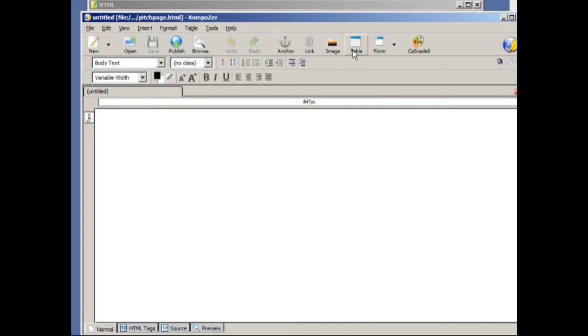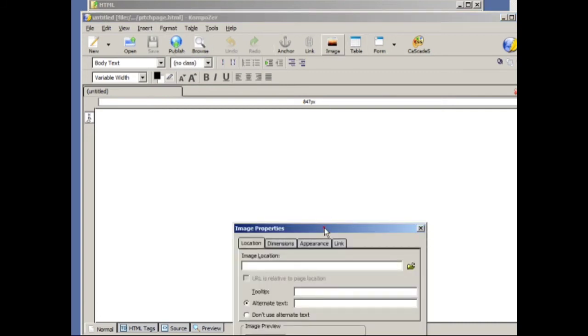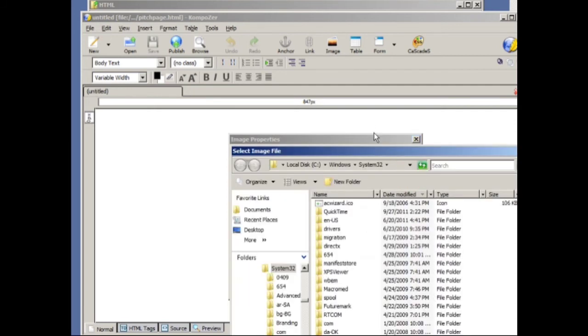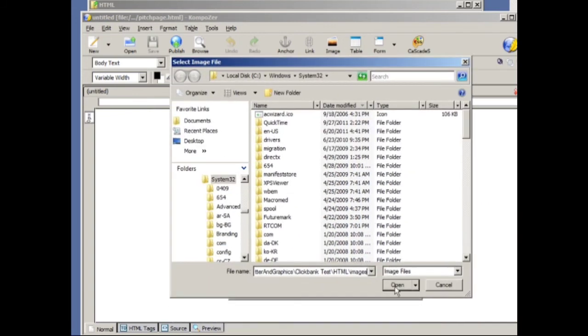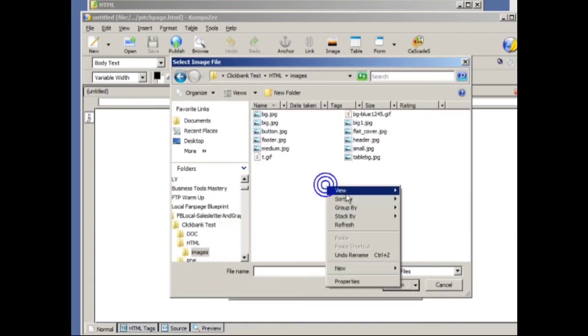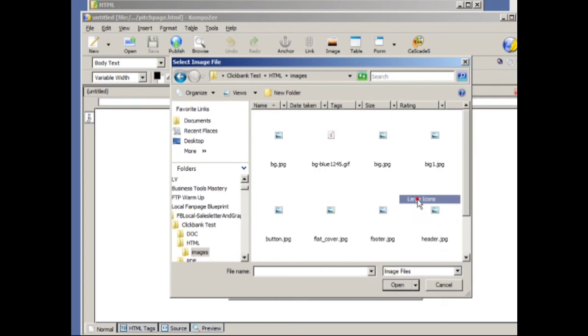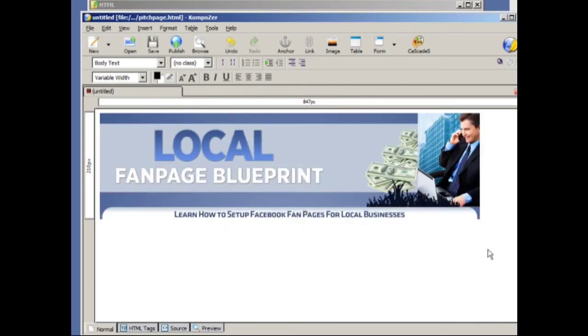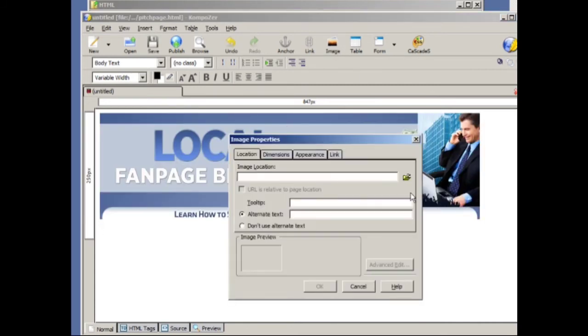And what we can do is insert images. If you click on image and you find where your images are located, and this is where my images are located. I've got my header, just going to put that up here, and got my footer,